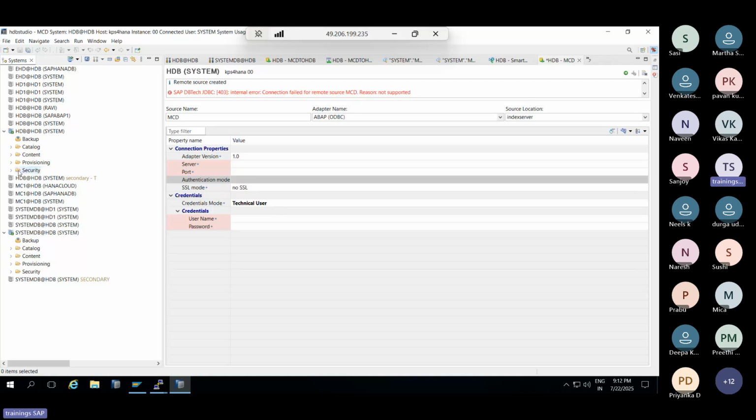So we have security separately. I will explain it. Security and backup. These are the small things I explained. And coming to